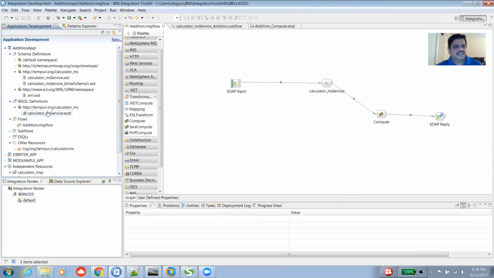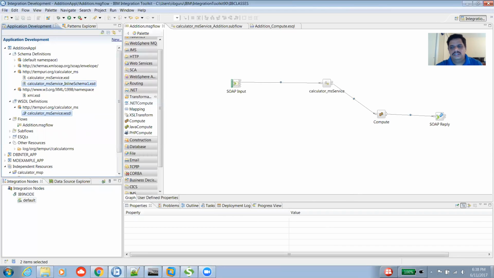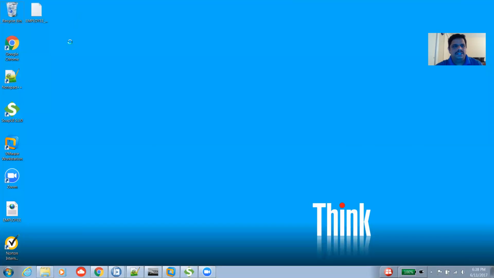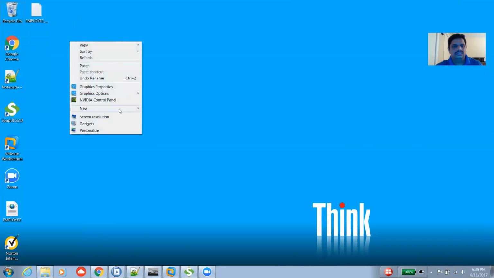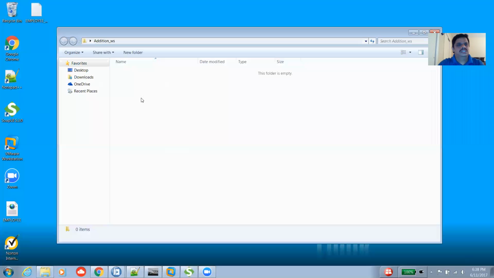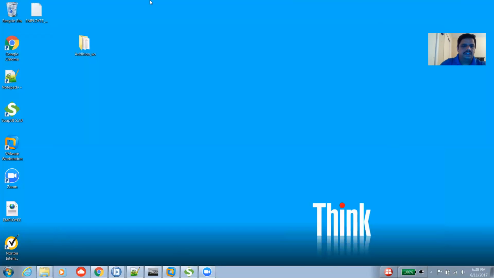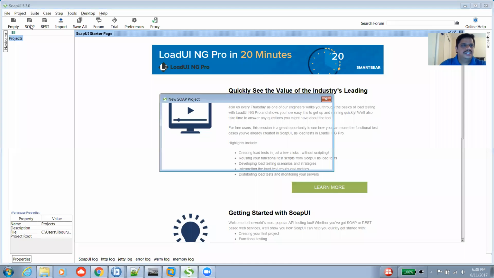For some reason it's not copying. Yeah, copy, and then place it in a folder. Addition web service is a folder. Try to paste it in this particular folder, and then by making use of SOAP UI, I try to create a SOAP